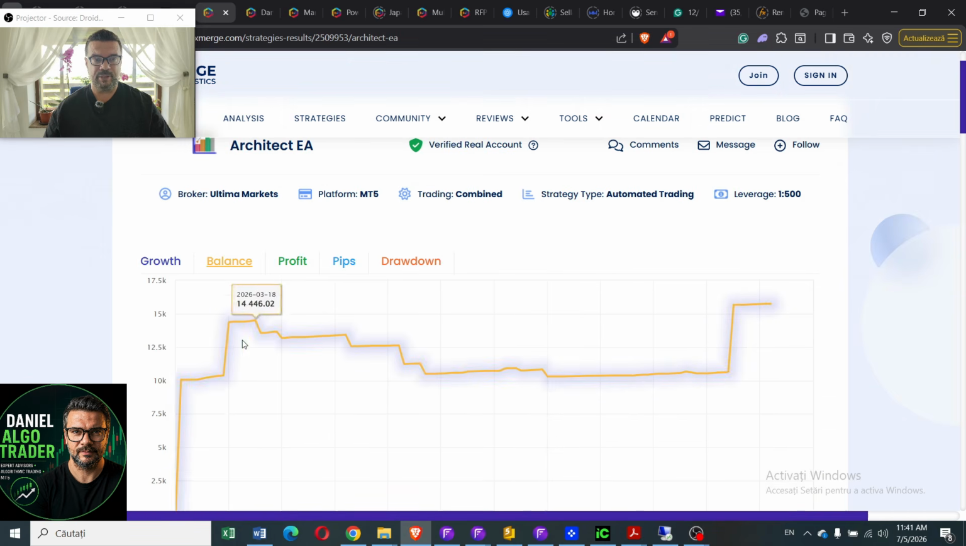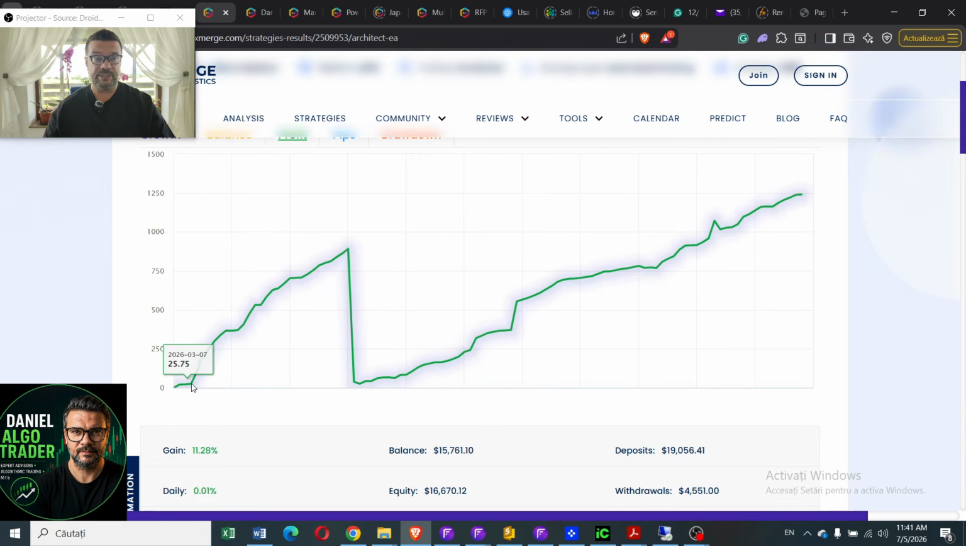Yeah, initially my balance was around $10,000, then I increased it to almost 15, then I slightly decreased it, and then increased it again. Now it's over 15. More relevant is the profit. It started really well, really aggressively. I started at the beginning of March, and in less than a month it made over $800 of profit. But